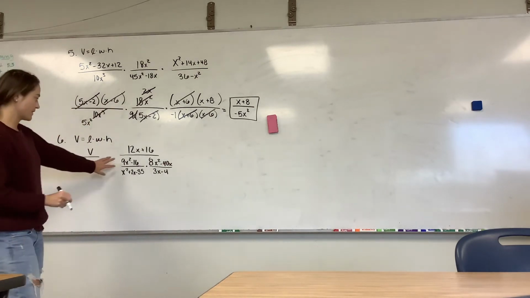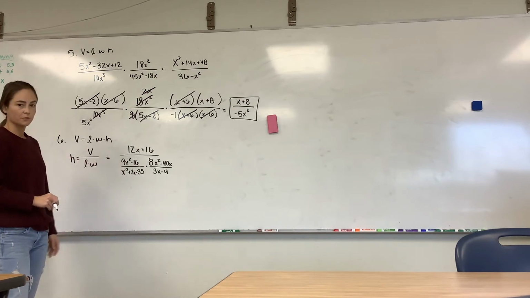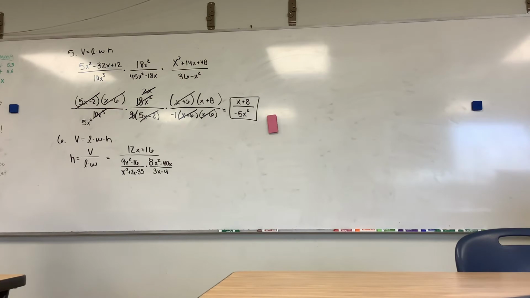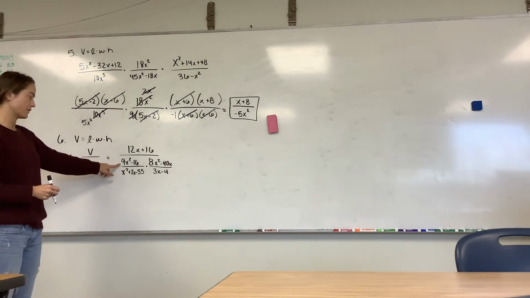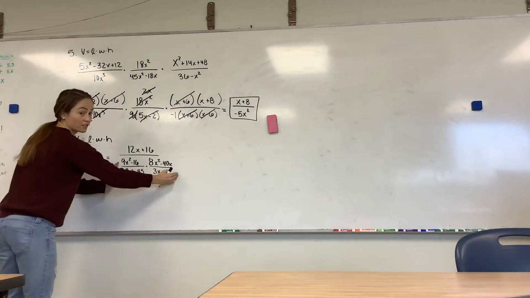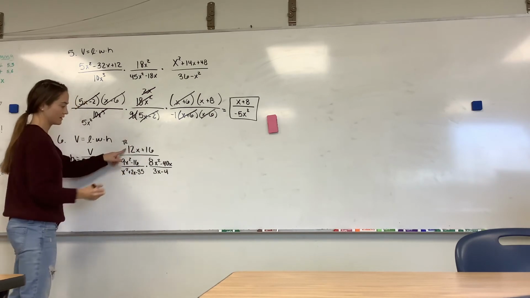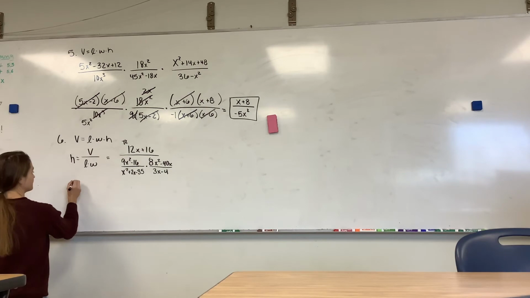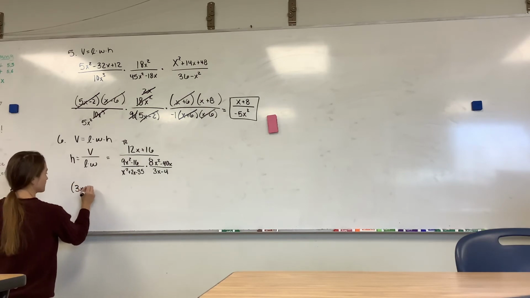Okay, let's simplify and reduce the denominator as much as we can before we flip it up. So if I look at this top one, this is a difference of perfect squares, right? We have a 3x and then we have a 4. So looking at just this bottom for now, I'm going to come back and plug it back into this. I get a 3x plus 4 times a 3x minus 4 all over